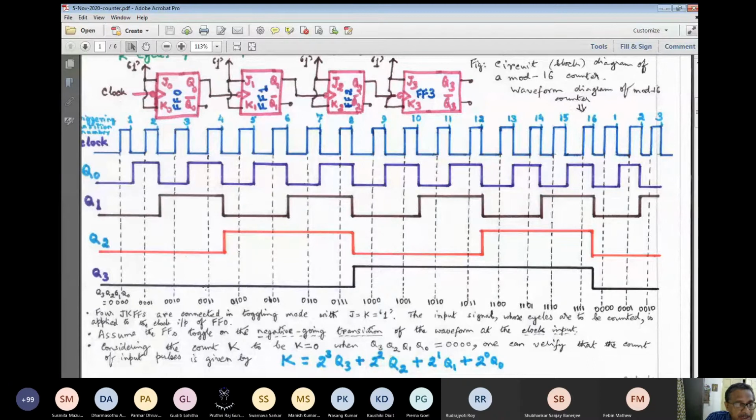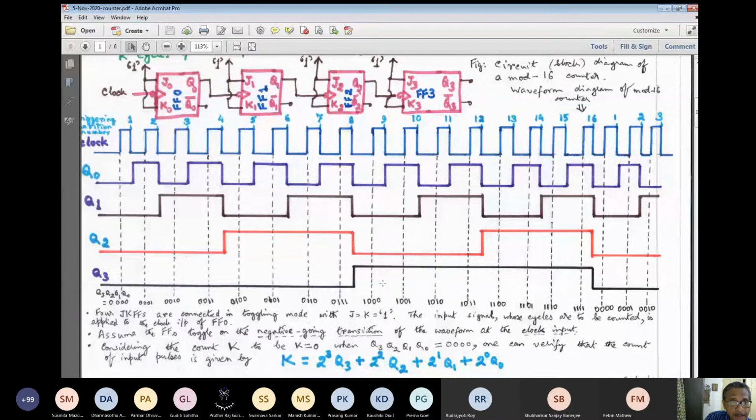Okay. So here we read that at any point of time I can read this as a positional binary number. Q3 has got a weightage of 2 to the power 3, this has got 2 to the power 2, this has got 2 to the 1, and this is 2 to the 0. So I can read the state of the counter at any point of time. You can find the number of pulses that have elapsed so far. For example, if it is 1001, I know that from the 0 to 1 transition where we read the counter state as all 0, if we have come thus far, then 9 clock cycles have elapsed. So we can now count the number of clock cycles that have elapsed so far.